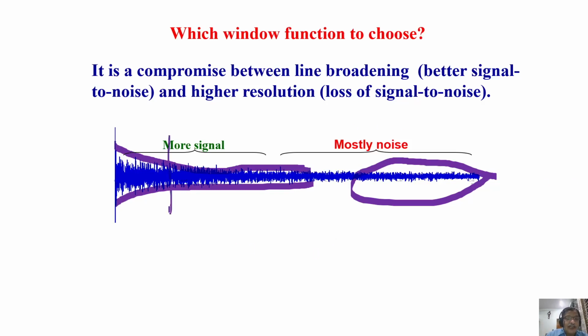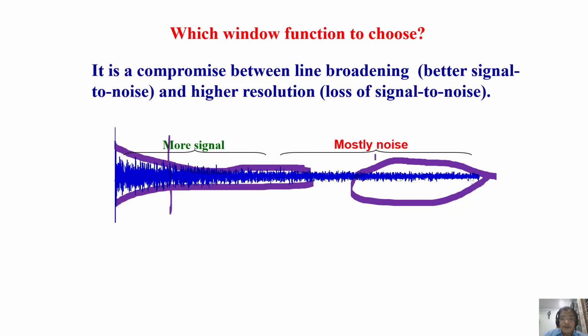And you cannot also cut the FID like this. You'll be truncating, giving rise to sinc artifacts in the frequency domain. So you should have an optimum. But anyway, you also have to have very good digital resolution. Many parameters you have to optimize. Let us say you have collected the signal, but still, after acquiring the signal, you can play with it.